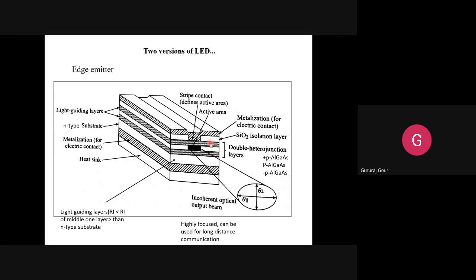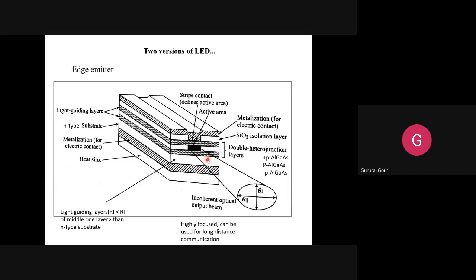Two cladding layers will take part in the optical confinement, that is, light guiding layers. They're acting like light guiding layers, and recombination is happening in the middle layer, that is the core part. Actually, it is not the core part, it is resembling that of the core of the optical fiber. So these three layers are their structure, and what they are doing is going to be the heart of these discussions.